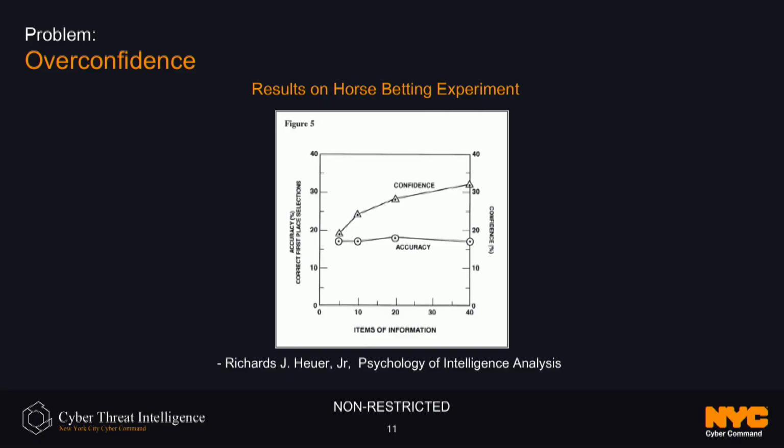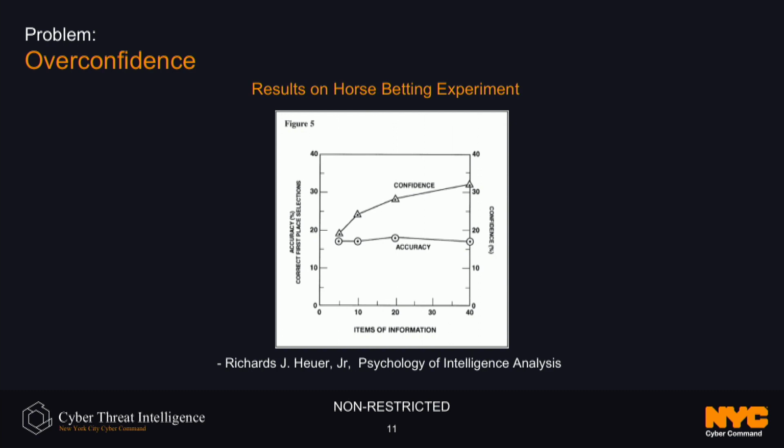Finally, the bettors were told to self-evaluate their own confidence based on the given variables and their bets. Now, something very interesting happened. As you see in this graph, as more items of information were given to them to place bets, the accuracy level did not actually increase. As a matter of fact, there was a slight downtick when they were using items of information around 40, right?